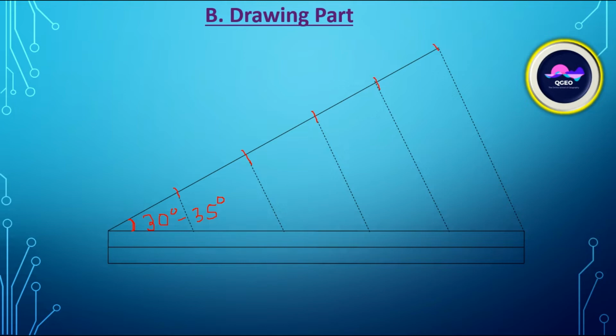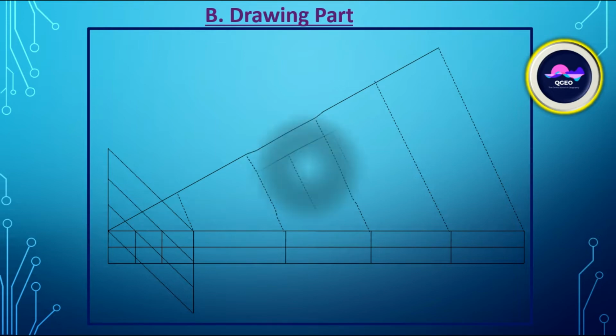After dividing, join the last point to the last end of the scale, then draw the parallel line of the last line, and then divide the scale for primary division into 5 equal parts. Now one primary division will be divided into 3 secondary divisions. So you have to draw a perpendicular here, also here, then divide it into 3 equal parts. Okay, in this manner we can draw the linear scale.